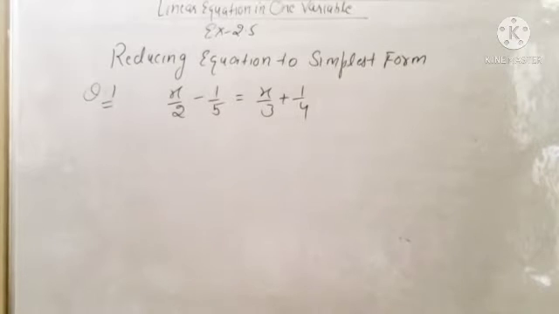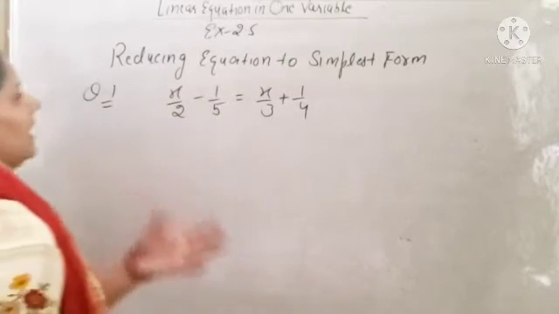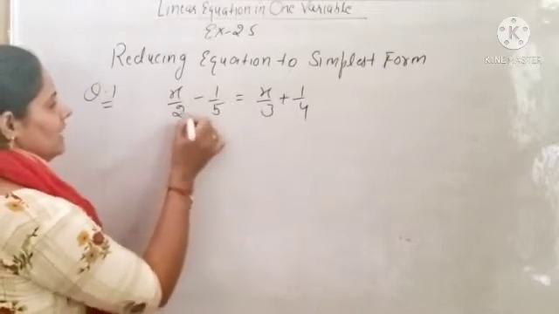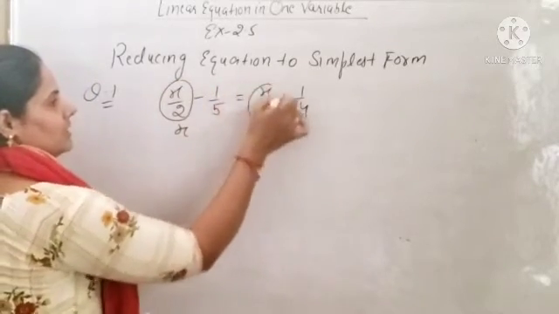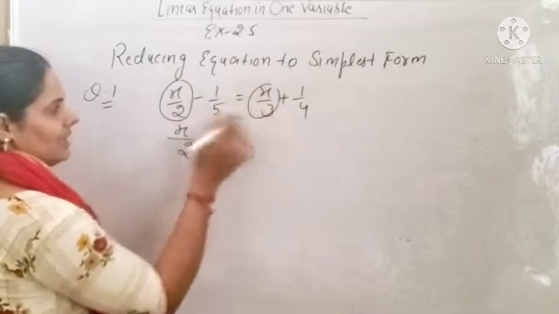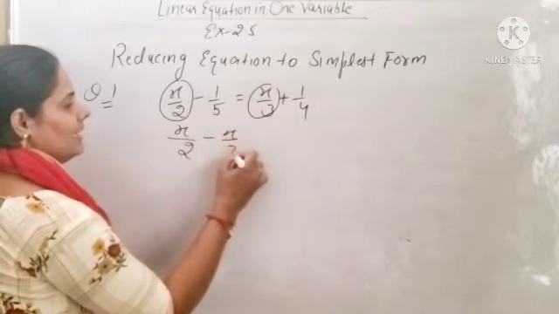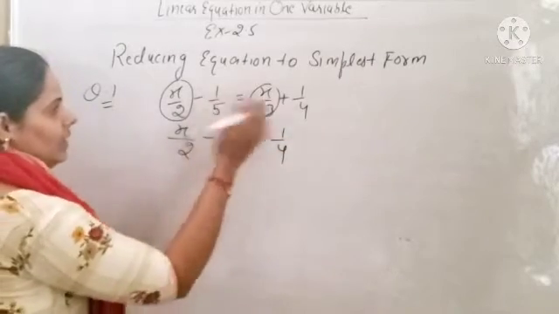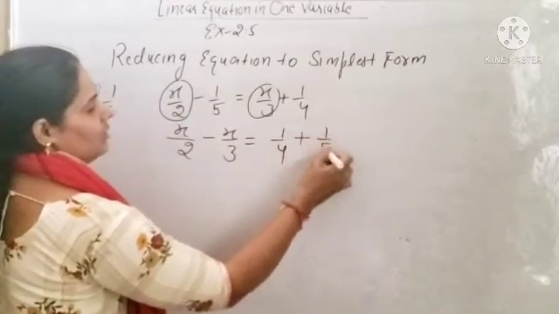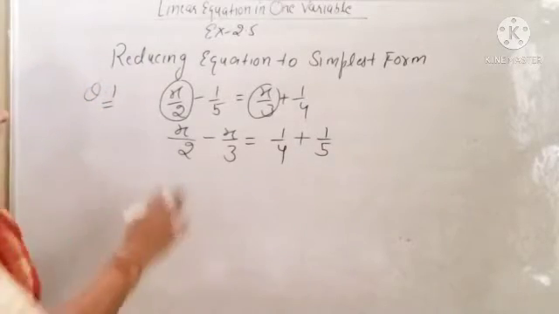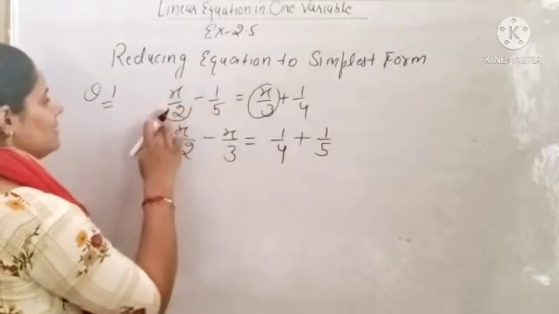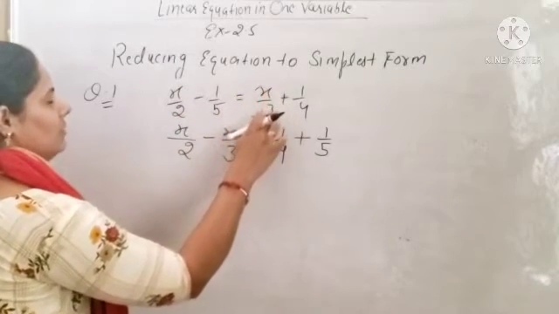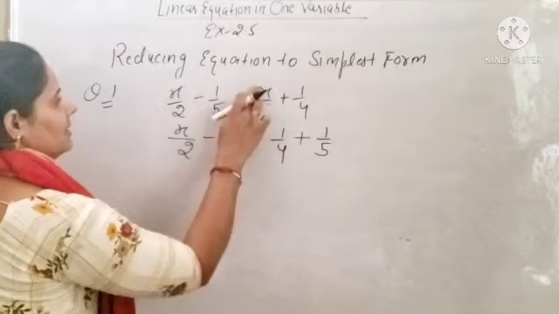So simply, I have already told you, when the variable is given on both sides, how will you solve the equation? Simply you will first put the variable values on one side. So this is one variable value and this is also. So x by 2 and x by 3 you will take on the left hand side, so it will be subtracted. x by 3 is equal to 1 by 4 is already on the right hand side. 1 by 5 you will take to the right hand side, so it will be plus 1 by 5. Clear? So first what will you do? x variables on one side and all the constants on another side. Like that, first you have to write the simple equation.